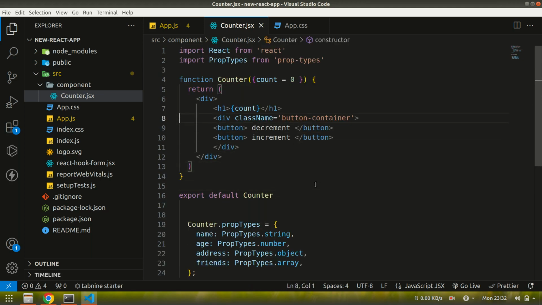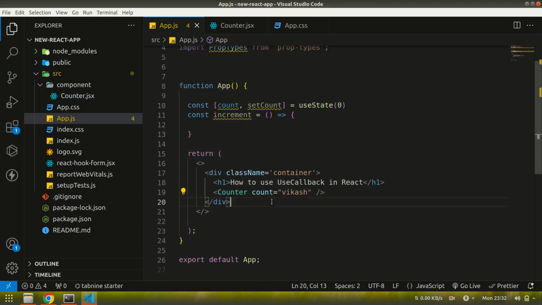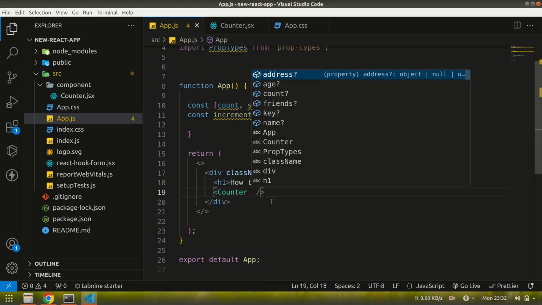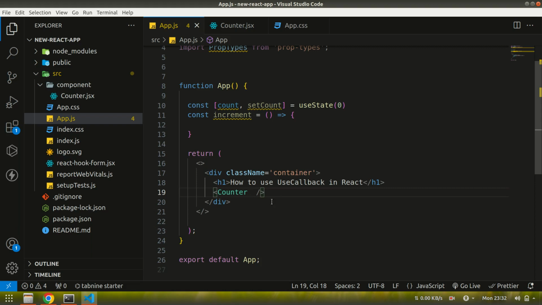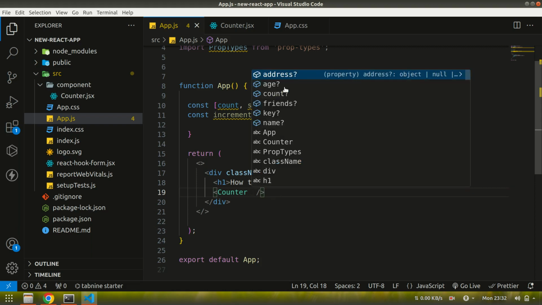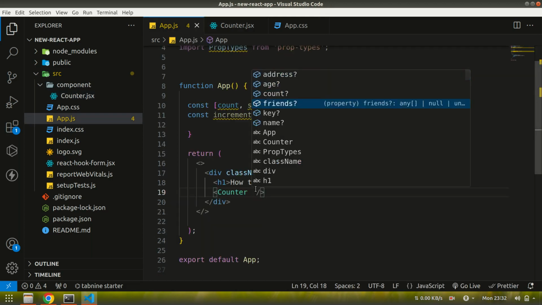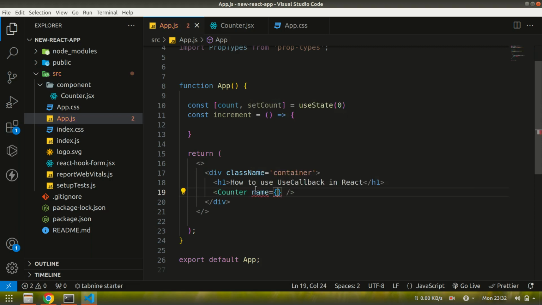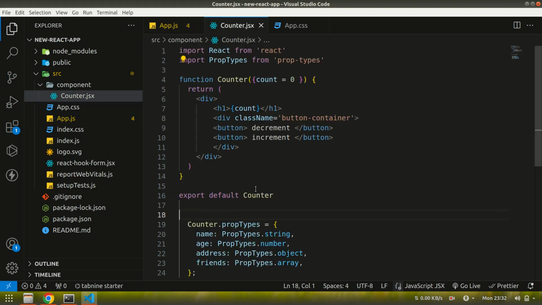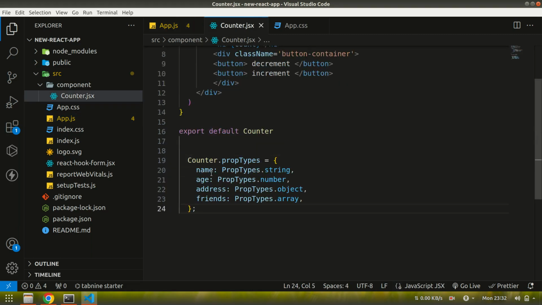Now if you go to my App component where I used this Counter, and I remove this count from here and press Control plus space, you can see we have all those options that we can pass as props to our Counter component. As you can see, there are five different kinds of props. So let's define the name, and because we referred that the type of this name should be a string,